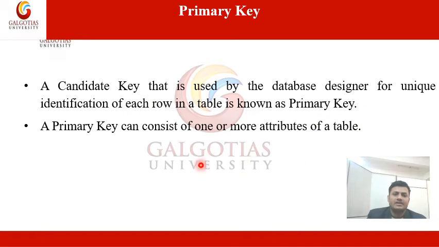Okay, a primary key can consist of one or more attributes of the table. First of all, we will try whether there is a single attribute on the basis of which we can identify each and every record uniquely.